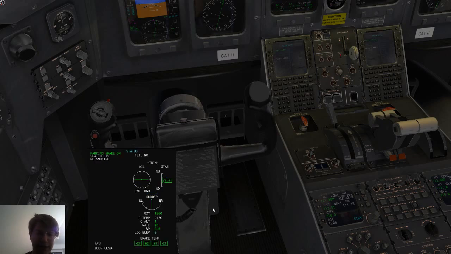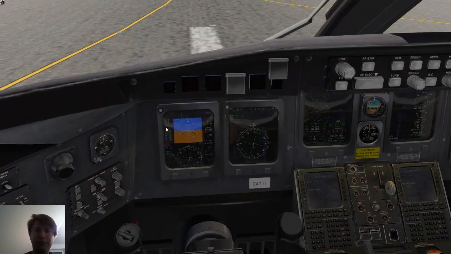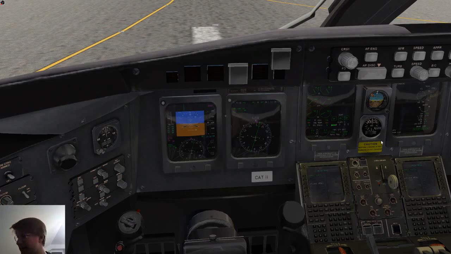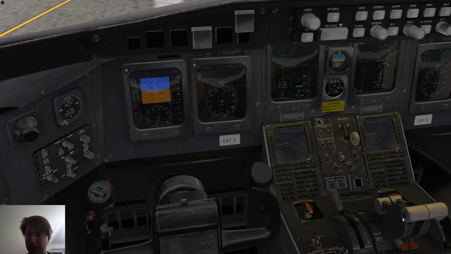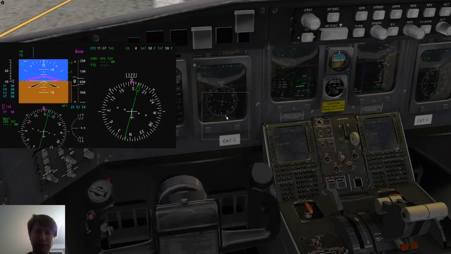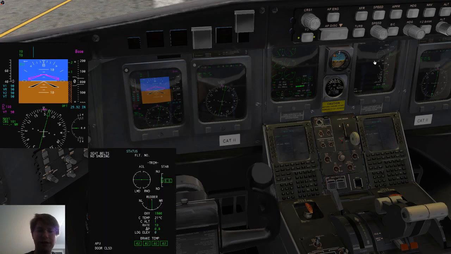And I'm now going to do the rejected takeoff test. So I put the plane into mode for takeoff, lower the flaps, turn on the flight director in takeoff mode, and a couple of other things. The trim needs to be in the green, the parking brake released obviously, and what I'm going to do now is accelerate down the runway to about 100 knots, then I'll cut the throttle, step on the brakes,